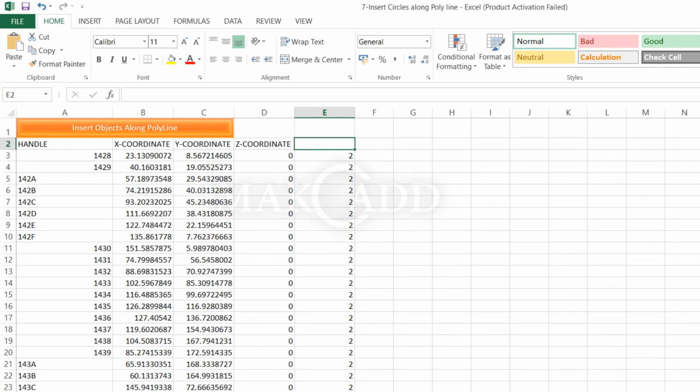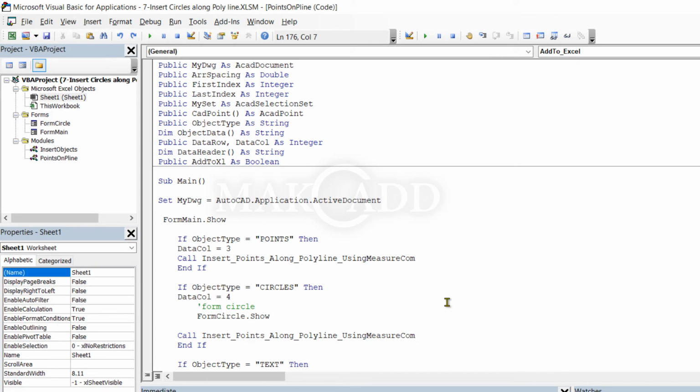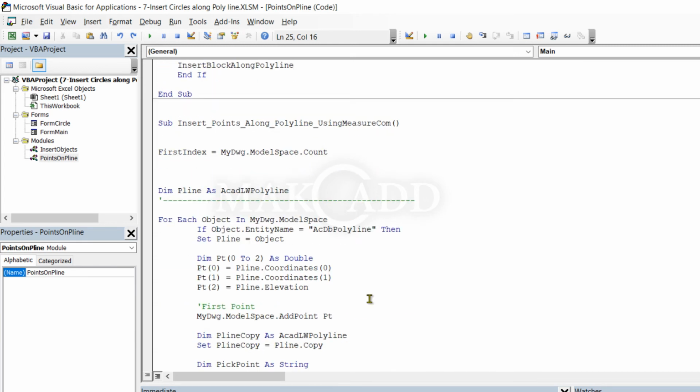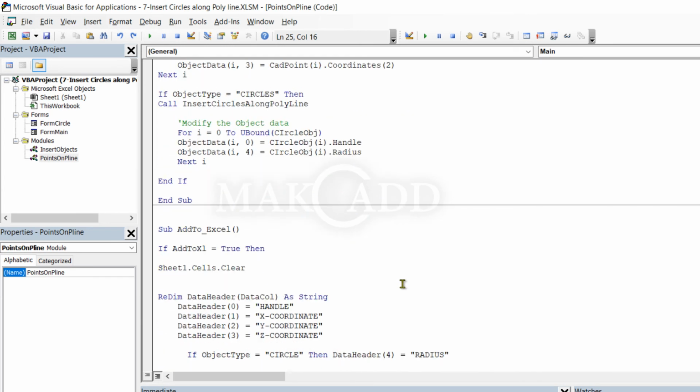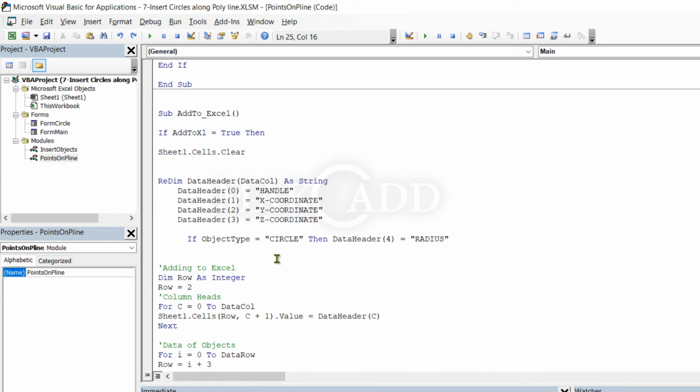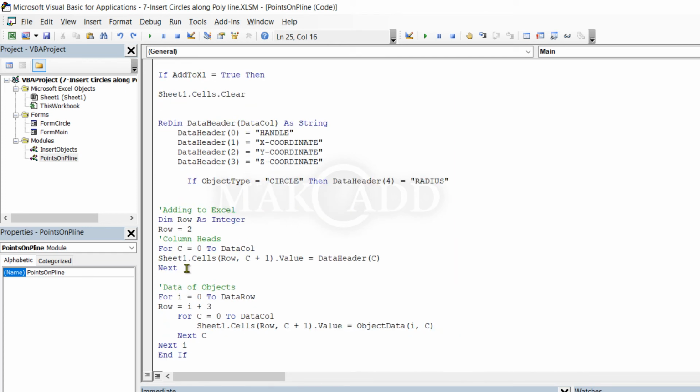Let us go to the video. So adding to the header. Data header 4 is equal to radius.